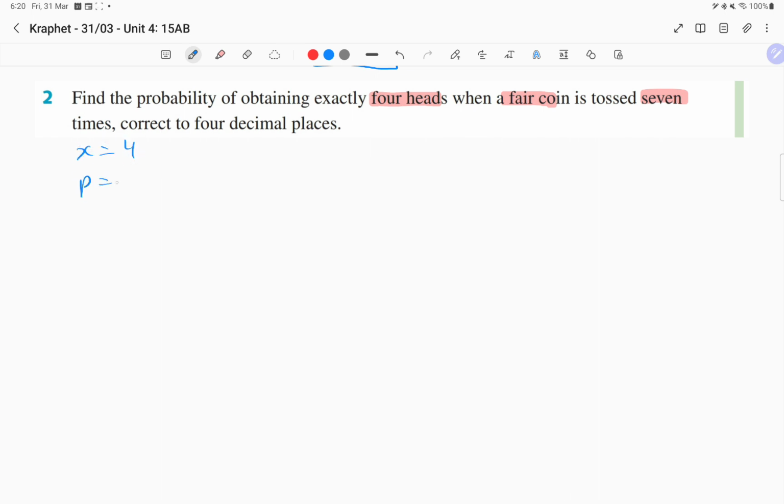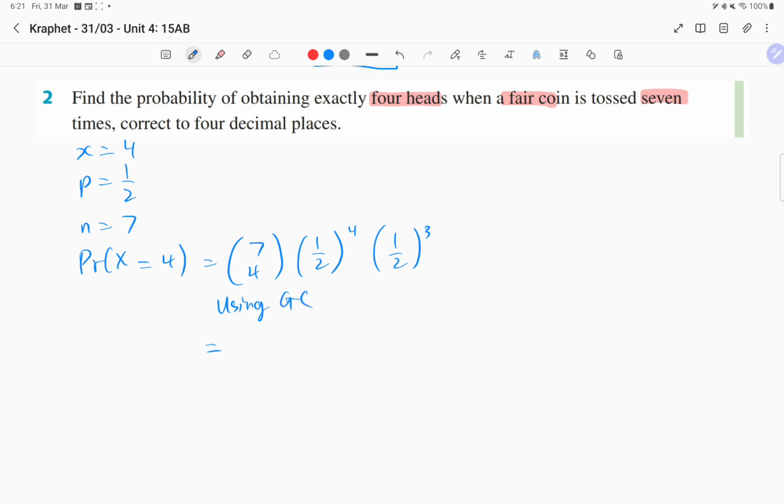So fair coin, probability of success is 1/2, and then number of trials is 7. So then we want probability of getting 4 successes. That will be equal to 7 choose 4 times the chance of getting a success raised to power 4 times the chance of getting failure raised to power 3. Right? And then using GC,